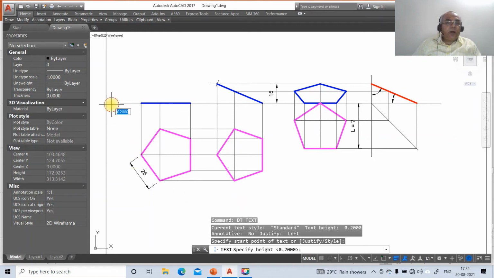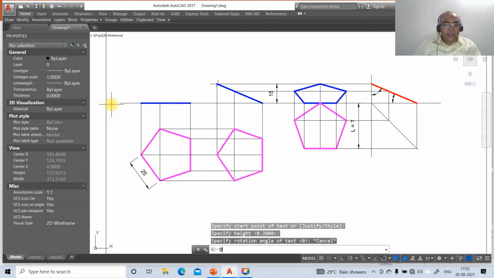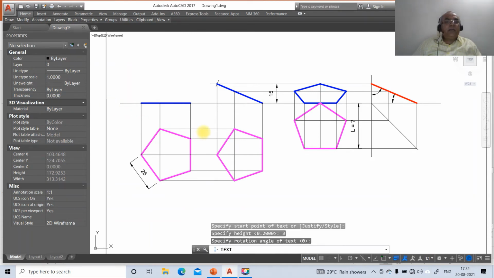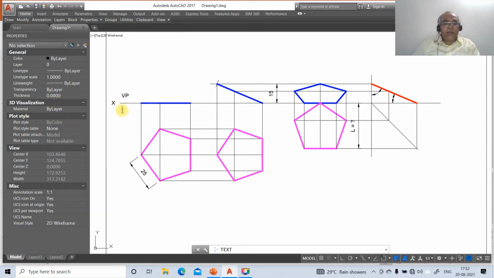So here you mark, go to the text, take the text height as 3 and the rotation angle of text as 0. Put the caps lock on, type VP and here you type HP. Here you mark this as X1 and this as Y1.